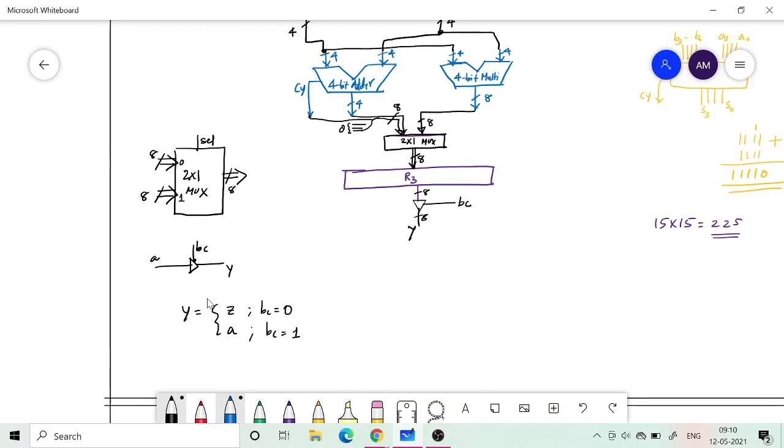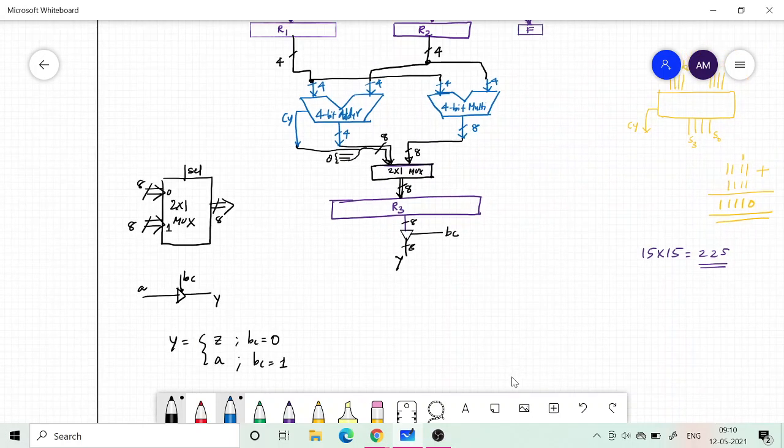So we want the output to come only after the result is computed. Okay, so it may take some time, some clock cycles, for the result to be computed, and when the result becomes available, that is when the register gets the final result. In this case, even if you don't have a buffer, it doesn't make much difference, because it may take only one cycle to compute the multiplication or the adding operation. Okay, but still let's keep it. That's an option that you can have.